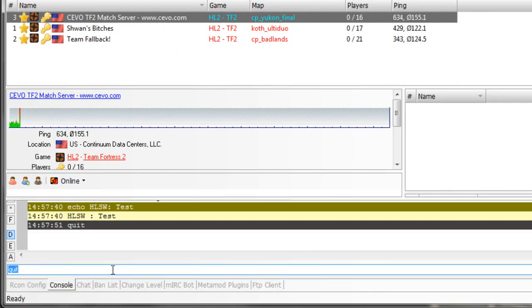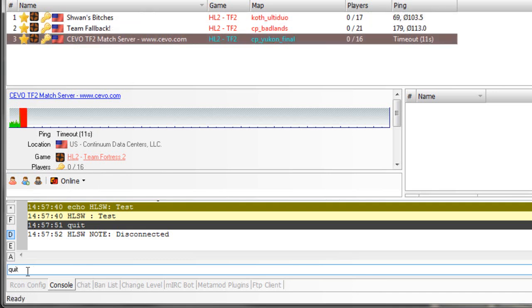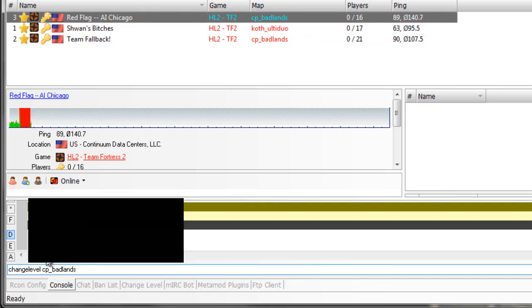Oh, and by the way, this program is called HLSW, and you can control things like the console. You can control the console in the server without launching TF2. For example, I typed quit, and it's going to restart the server. However, I could also type changelevel cp_badlands, and hit enter, and it would change the map to Badlands. Same exact thing as the console. You can also chat,